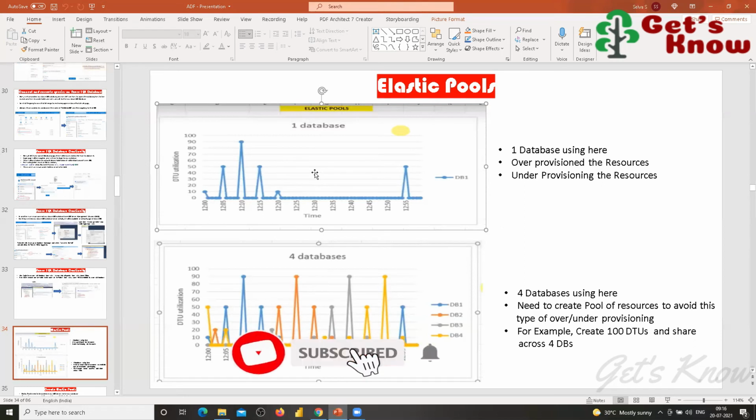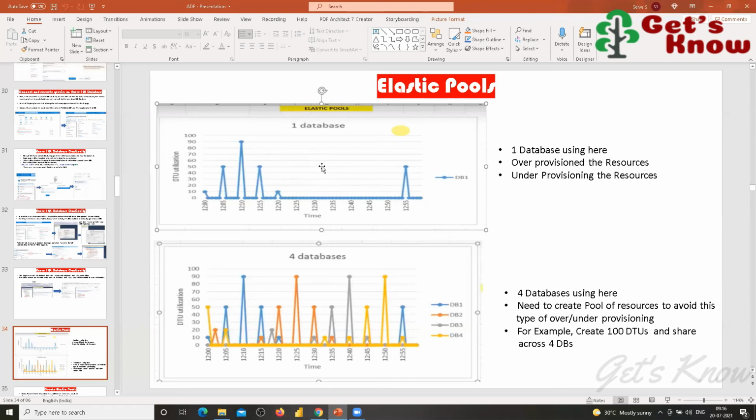But I'm not sure when I need 90 percent of DTU usage, when I need 50 percent, when I need 10 percent, and when it will be idle. So there is no option, and that is the reason I paid for this static plan.